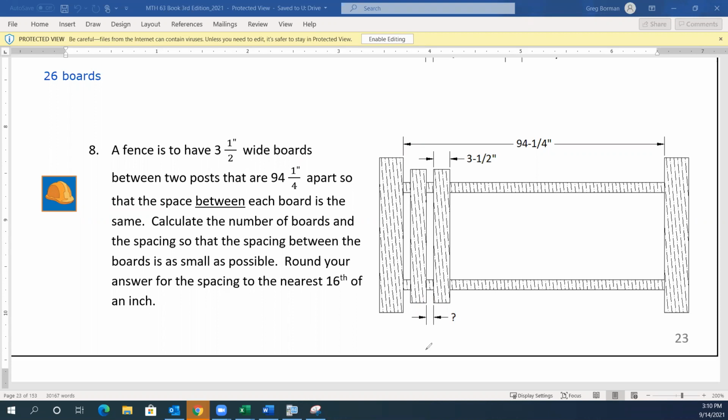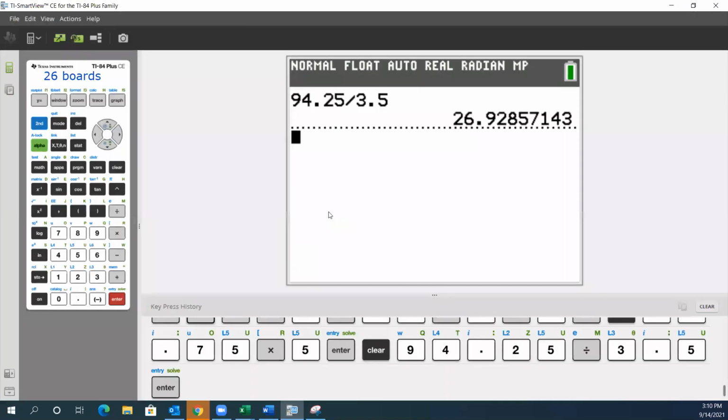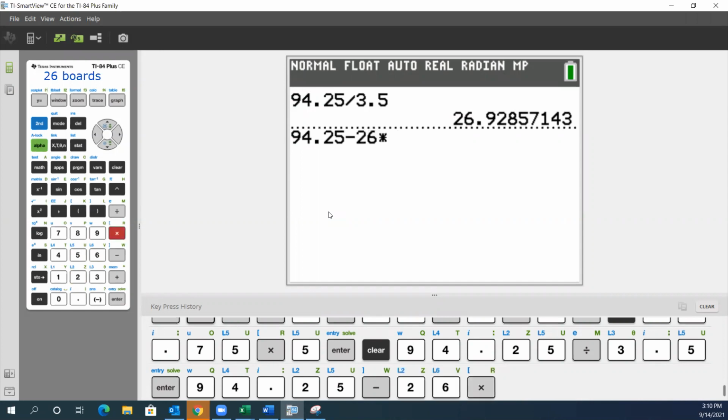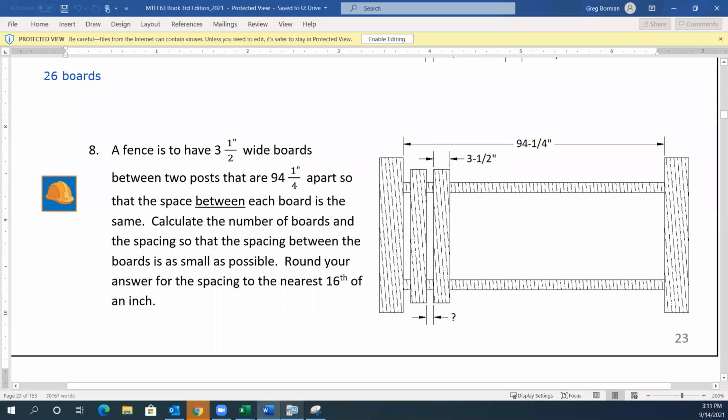All right. So if I say, well, I've got, again, 94 1/4 inches to work with. Now, I'm going to take away from that 26 boards at 3.5 inches each. Is that what it was? 3.5? Yeah,